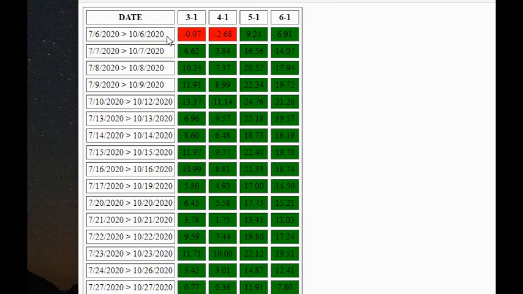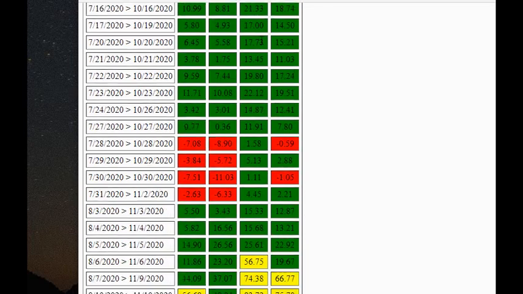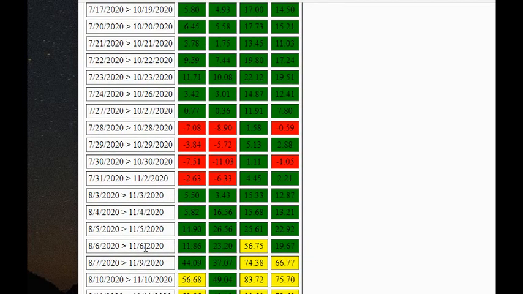So here we are at 10/6/2020. We're starting off, using again 3-1, 4-1, 5-1, 6-1. These are all the settings that monitor the longer move in the market. And now we're looking for an occurrence of a 50% gain. And we will see it happen right here on